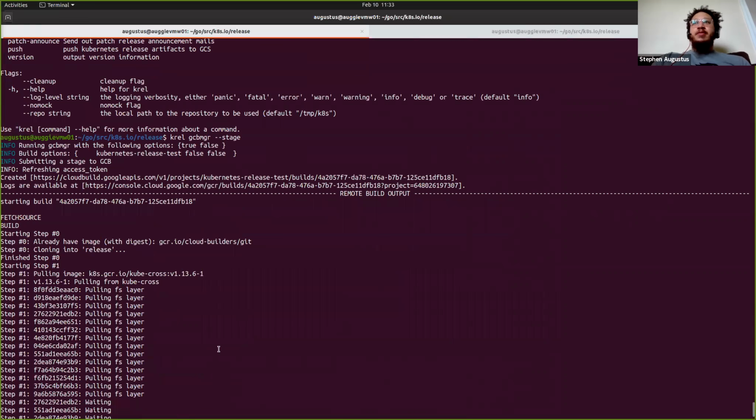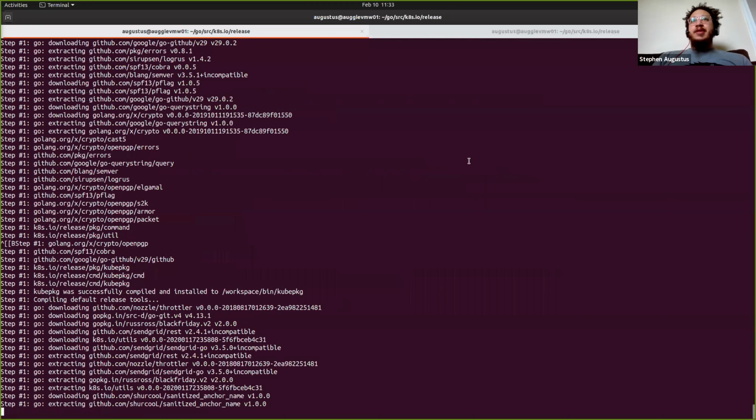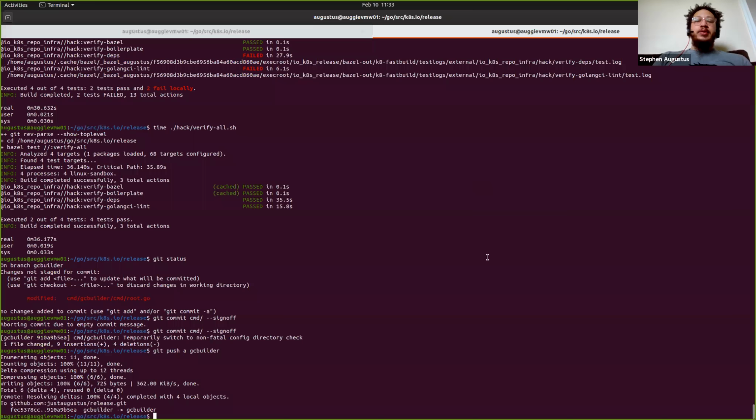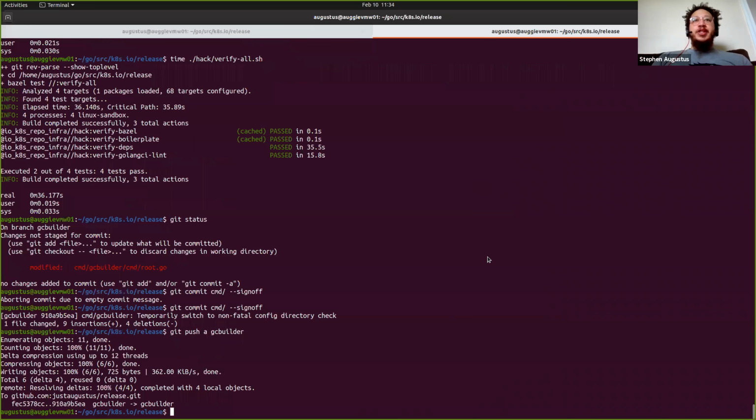So this is essentially the experience that we want within Prow, so that we can see that the stages are actually running successfully. So yeah, that's in progress, and it seems to be going well so far. This also brings in the GC Builder tool, which